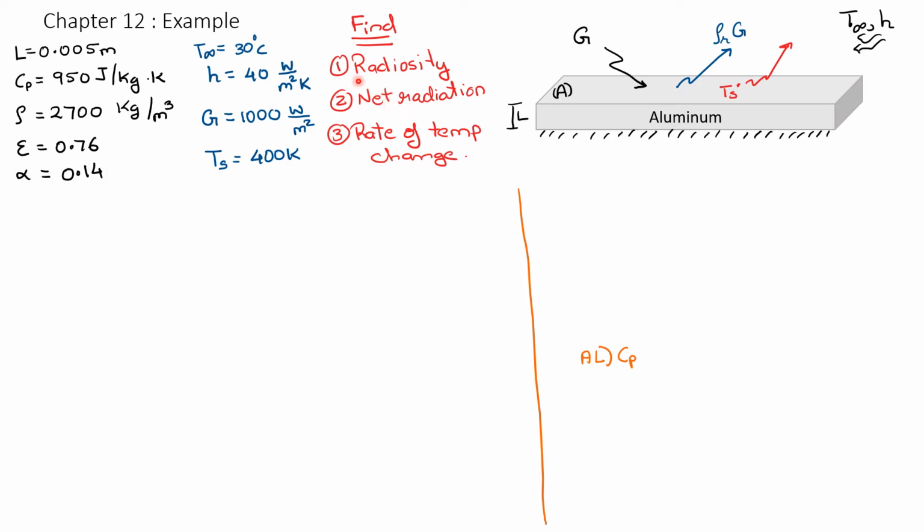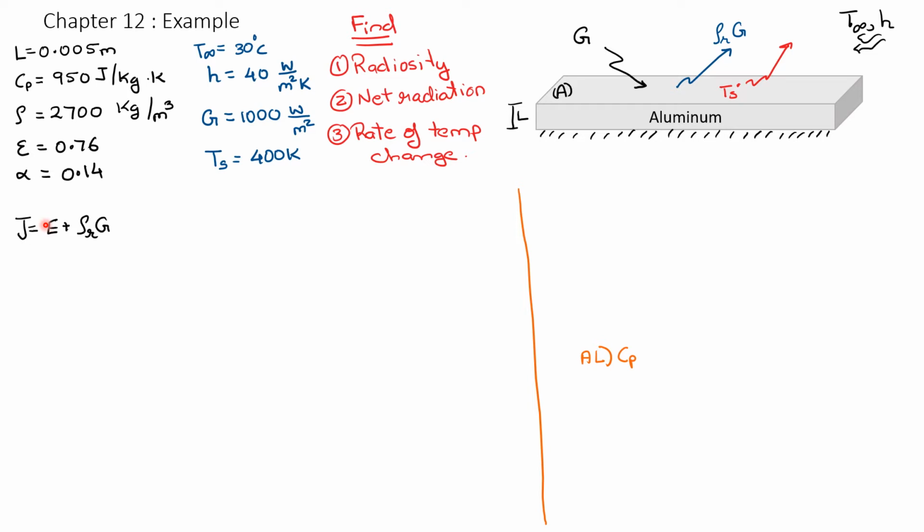and we need to find what the radiosity is. That means how much radiation is leaving the surface. What is the net radiation in or out of the surface, and what is the rate of temperature change? So we need to find the temperature gradient with time, that's dT by d time. Okay, so